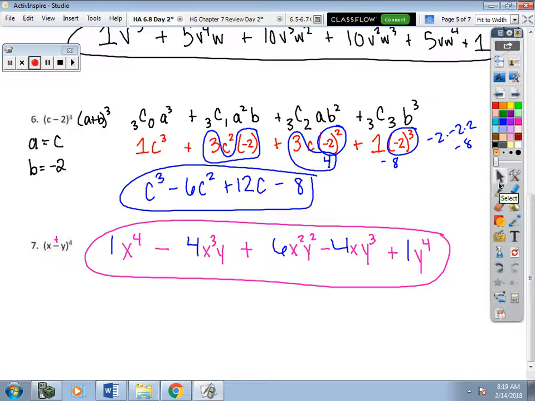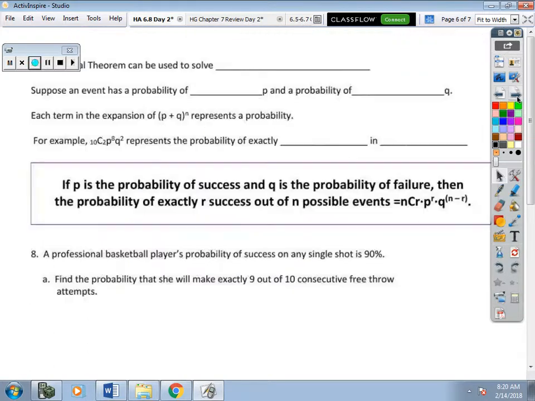All right, on the back, we're going to take a look at some probability problems. You do not have to memorize the formula back here, but you will need to know what the variables stand for and how and when to plug them in. So the binomial theorem can be used to solve probability problems. And in these problems, you'll notice that they talk about the percent or probability of being successful at making a